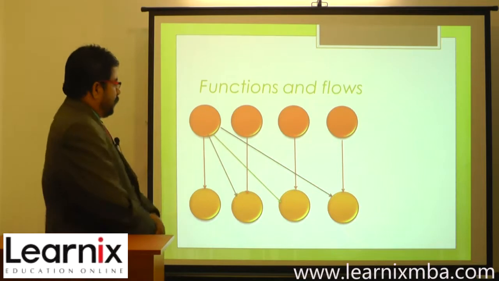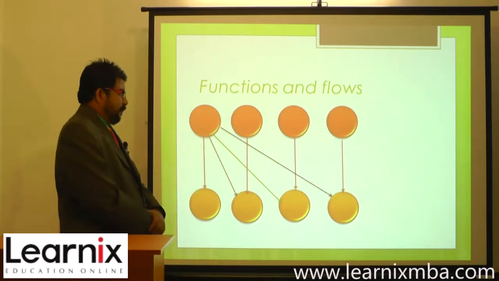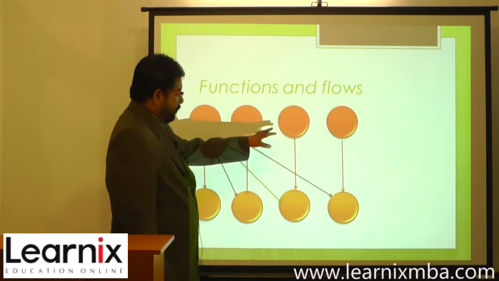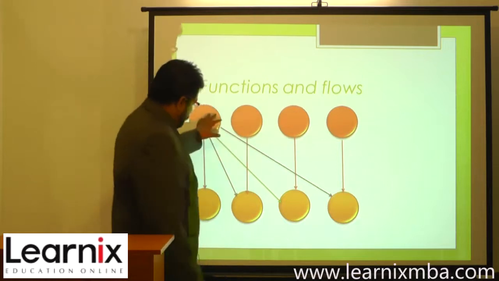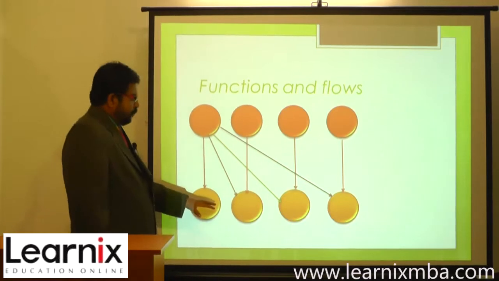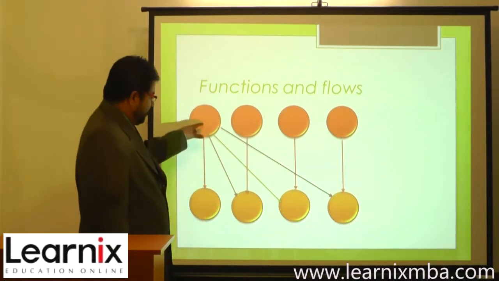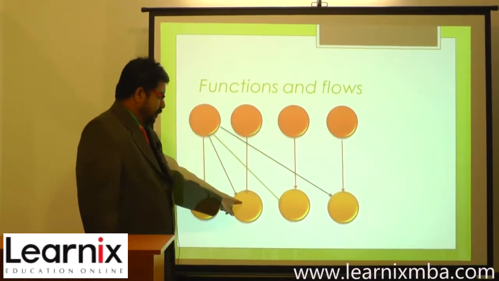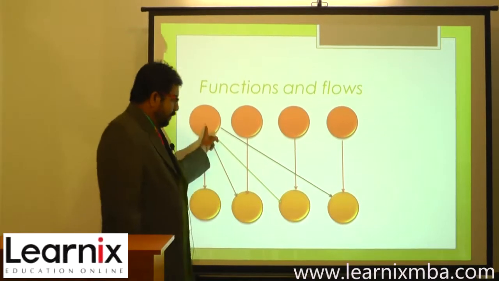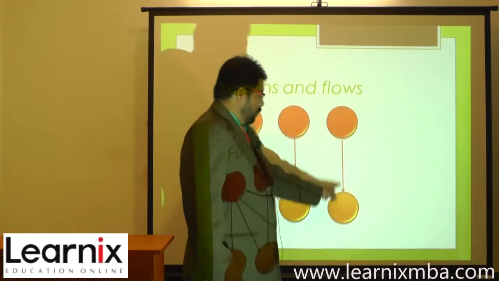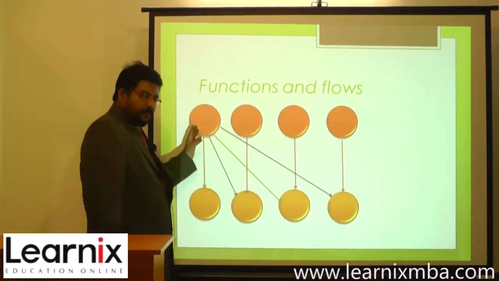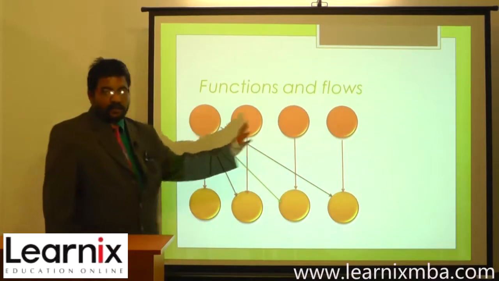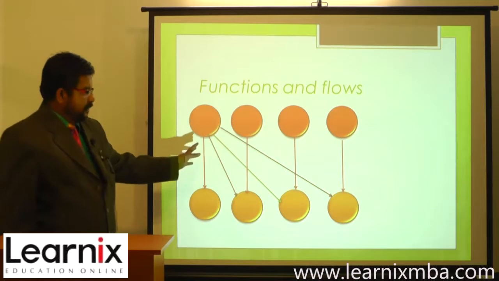Take for example, different products A, B, C, D manufactured by a single company, and they are being distributed to a particular client. For product A, he is a distributor. For product B, he is one distributor. Product A also distributes through him, and to a third distributor as well as a fourth. So one product is being distributed through four different people. Now 4 into 4 makes 16 of them. So this is 16 movements.